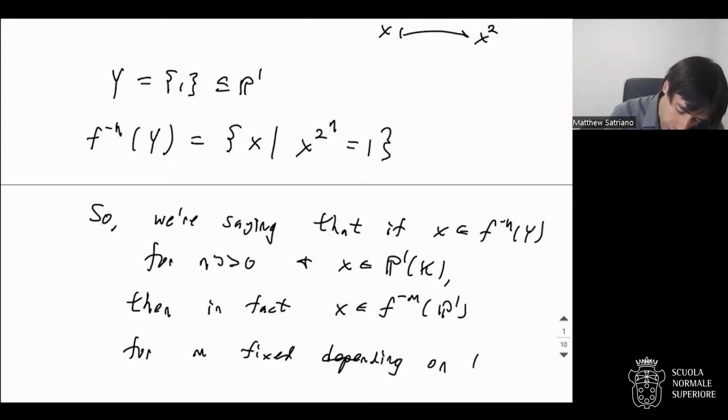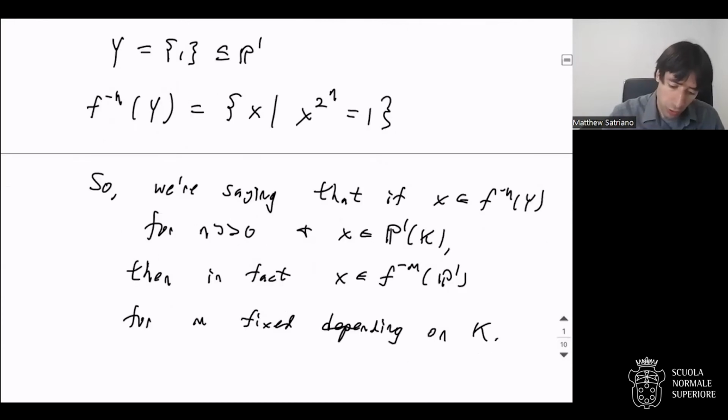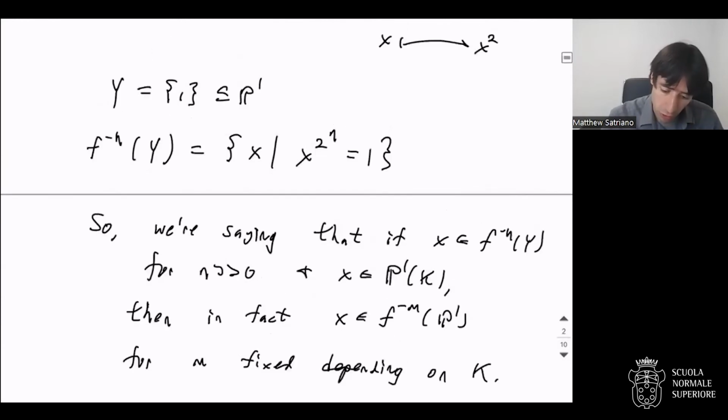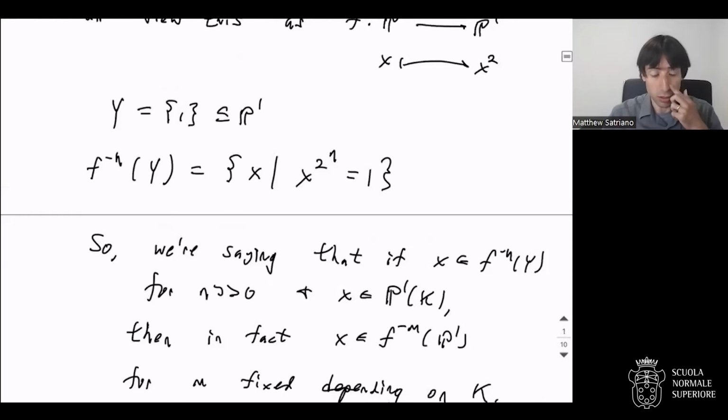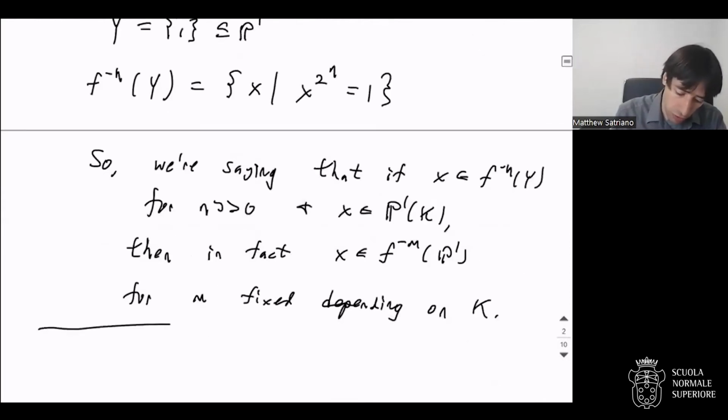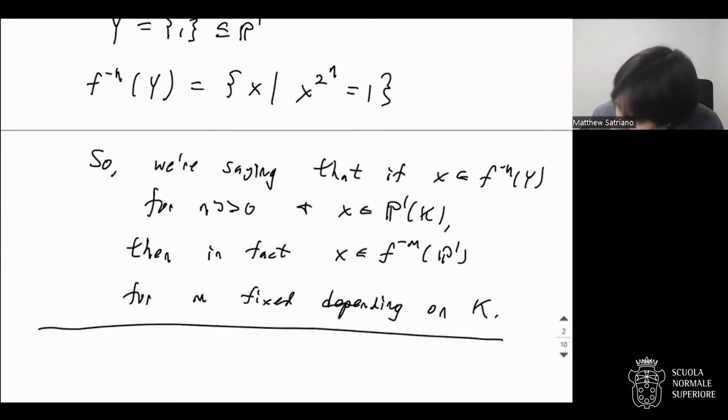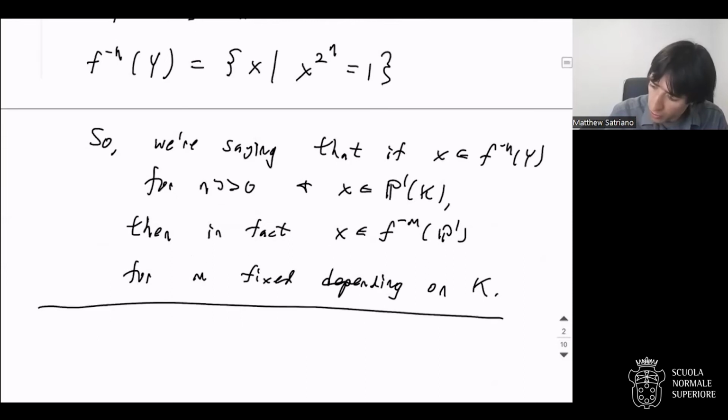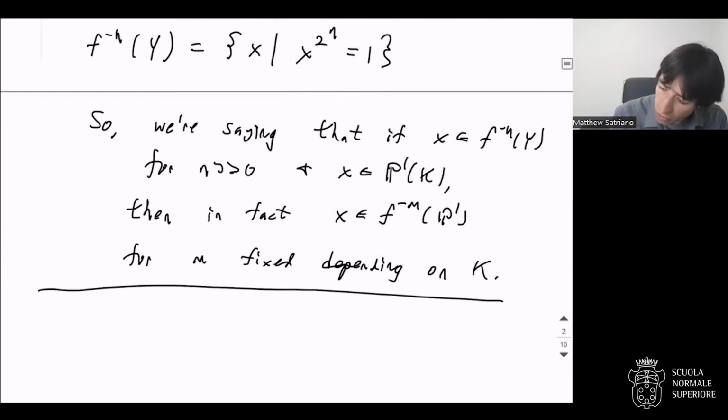Just depending on the number field. All right. So there was really nothing particularly special about the squaring map and about Y being this particular point. And this falls under a question that was raised much earlier, or a few years ago, which is this preimages question. So you could just consider the setup,